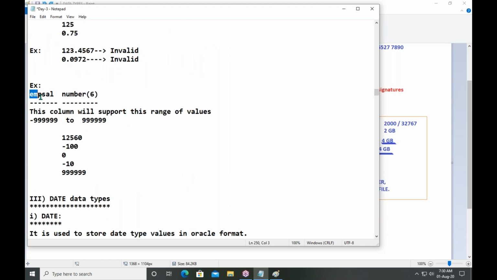Come to another example. Employee salary. Number of 6, so 6-digit length. It will support from 6-digit length minimum value up to 6-digit length maximum value.